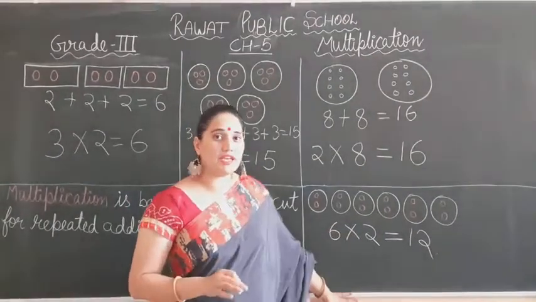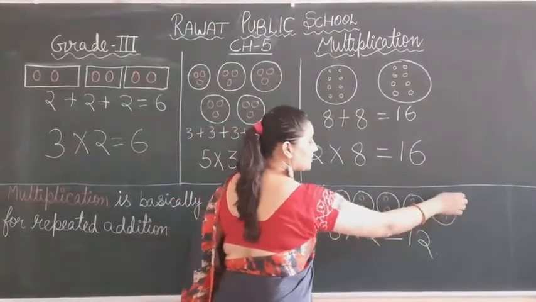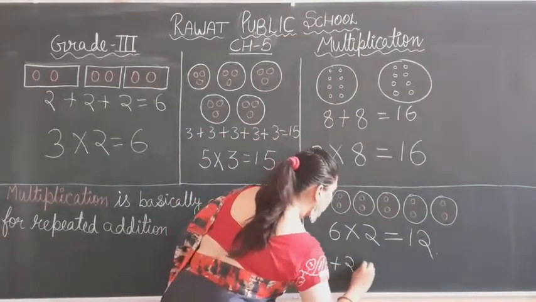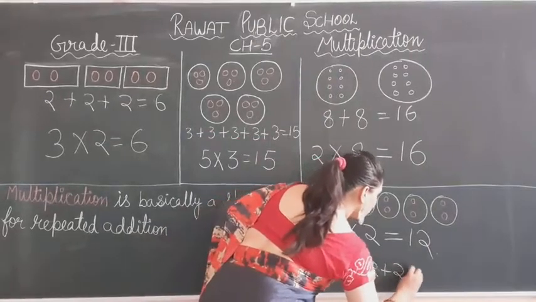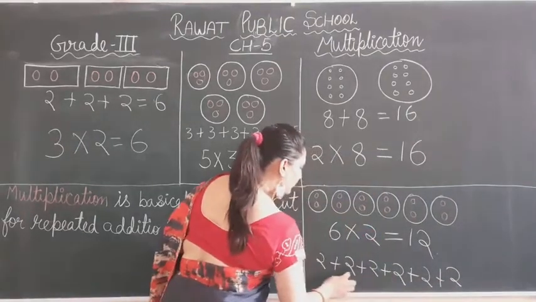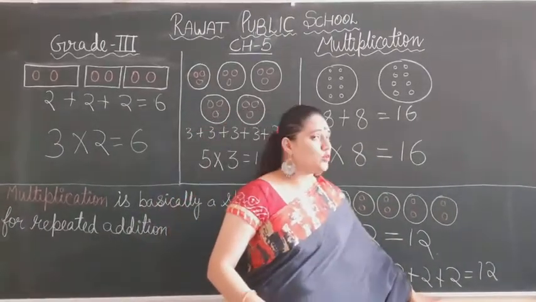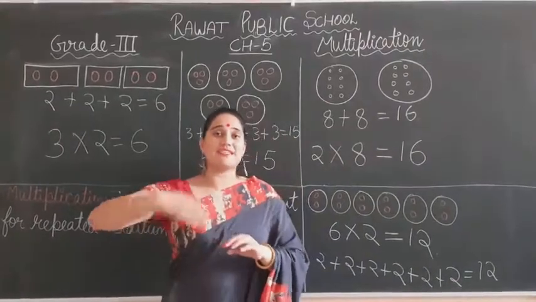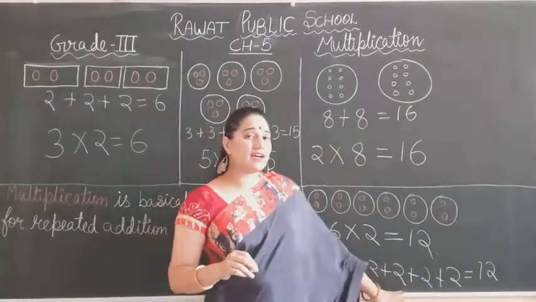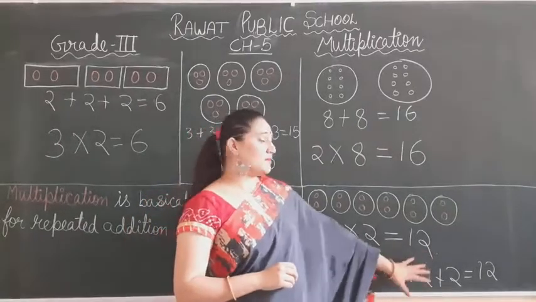I will give the repeated addition of this question. So what do I have to write? This plus this plus this plus this plus this plus this, and so on. So I have to write 2 plus 2 plus 2 plus 2 plus 2 plus 2, 6 times. So it becomes 12. These are so many 2s, and I have to repeat them again and again to make our addition, so it becomes too long. So how should I cut it short? How can I reduce it? Basically I just do 6 times 2, it becomes 12.